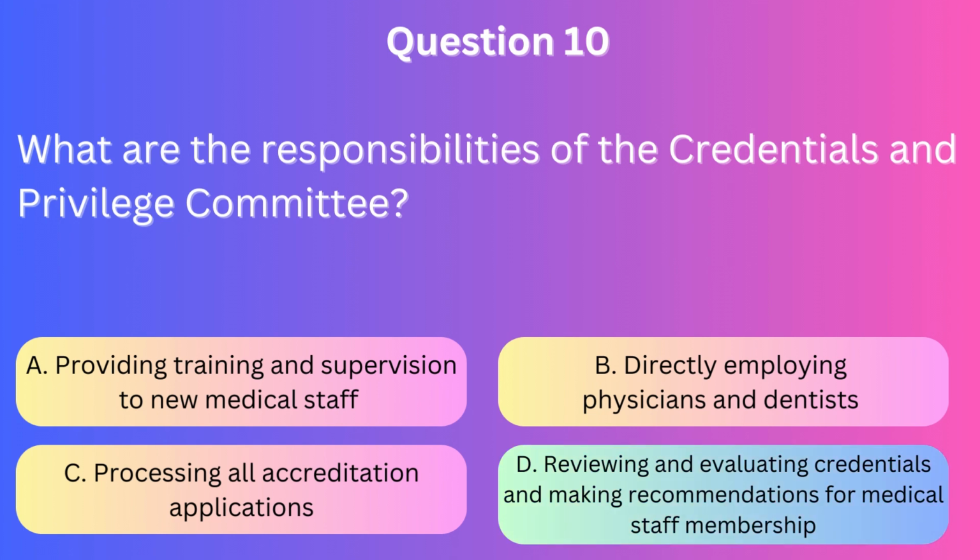Correct answer D. The Credentials and Privilege Committee is responsible for reviewing and evaluating the credentials of the accredited medical staff. Their responsibilities include making recommendations to the health institution director regarding approval or rejection of the applicant's request for medical staff membership and granting, reviewing, modifying, or withdrawing privileges based on various criteria such as credential data, employee performance, and competency assessment. They are also responsible for granting temporary, emergency, and disaster privileges as